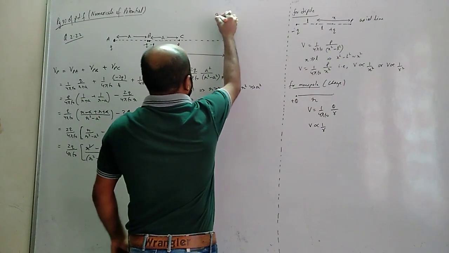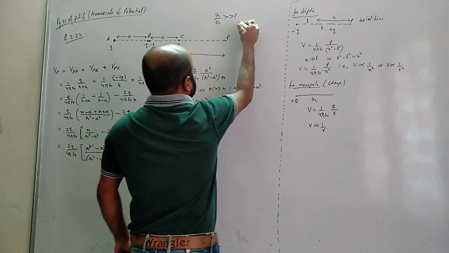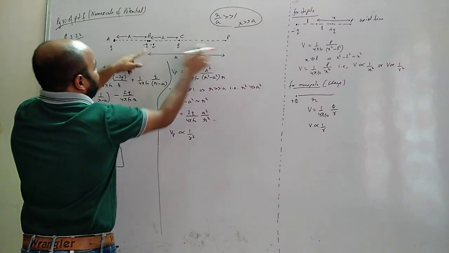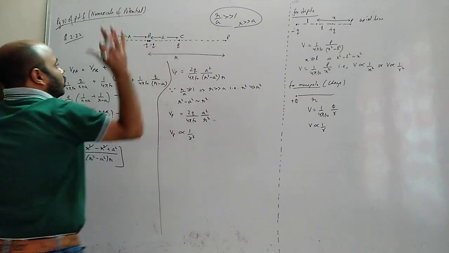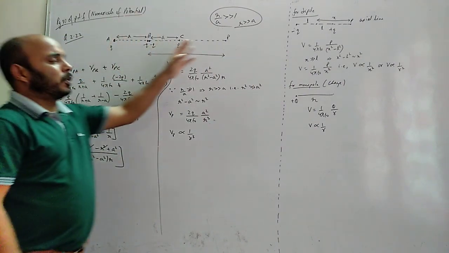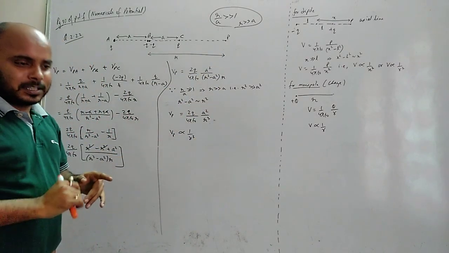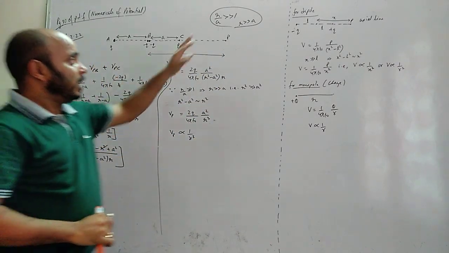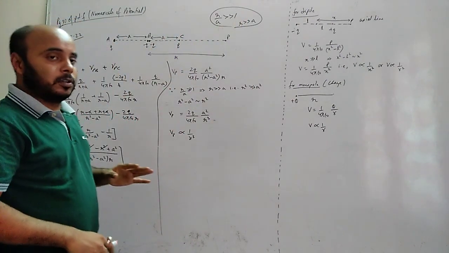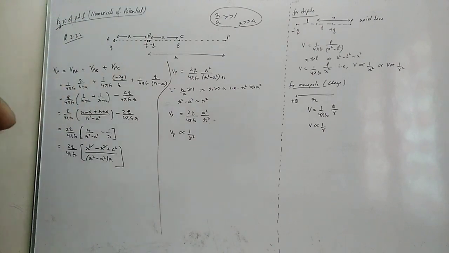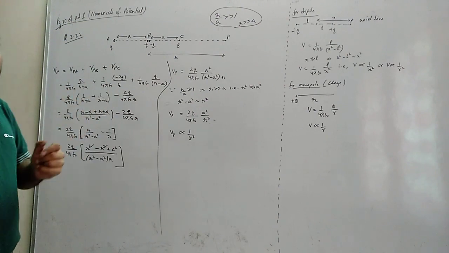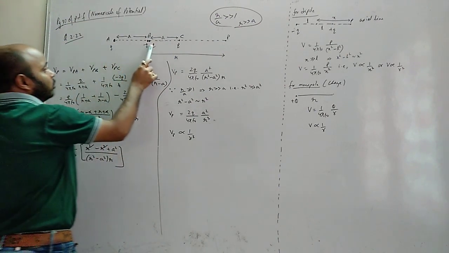So the question is given to you. See, R by A is greater than 1. That means R is greater than A. That means this distance is very far with respect to A, or this is a short quadrupole. So let's talk about how to calculate potential. The next part of the question asks to compare the potential's value with dipole and monopole. That we'll talk about later on. Let's find the potential. So potential is due to what, brother? It is due to point charges. So how many charges are there? 1, 2, 3, 4.